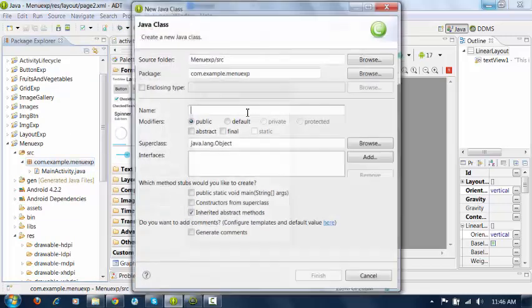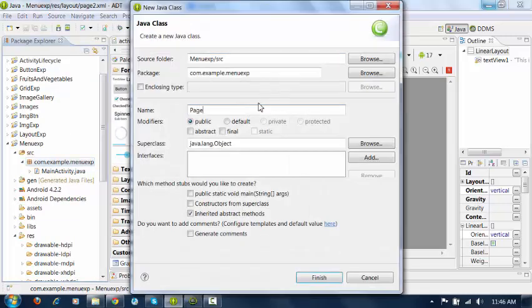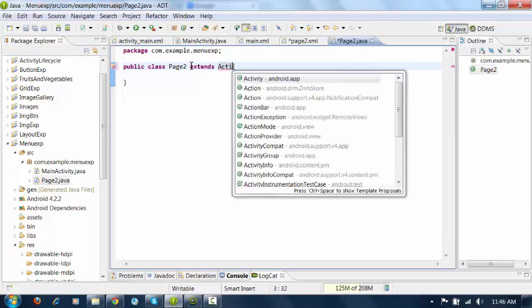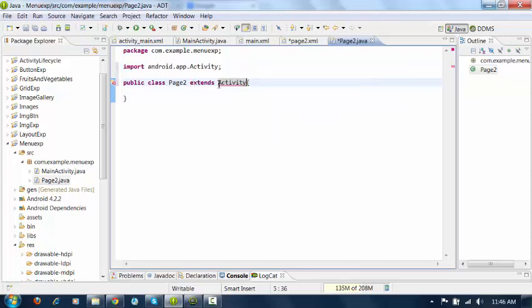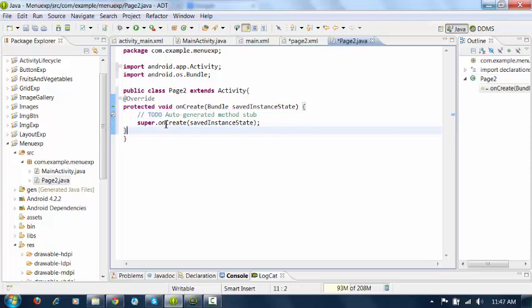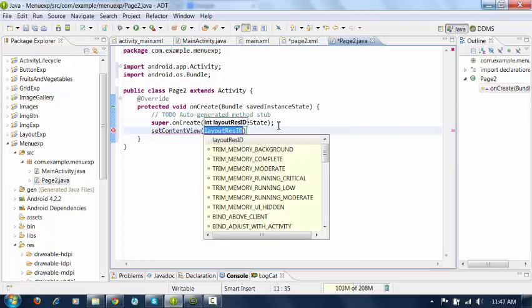So create a Java file. I will name it page2, click on finish. Here it has to extend the activity, and your activity should contain the onCreate method. Now if you want to establish the link between your XML file and Java class, we have to add the statement setContentView.